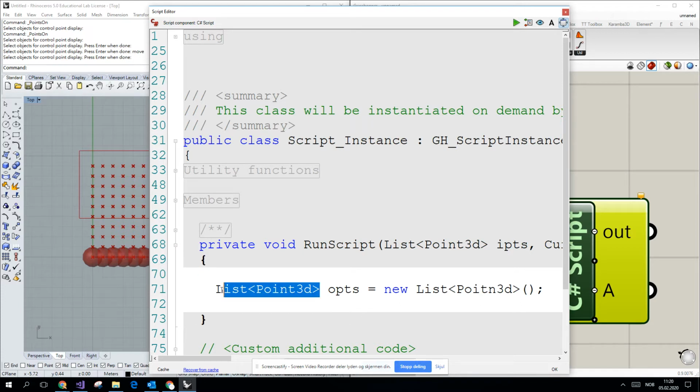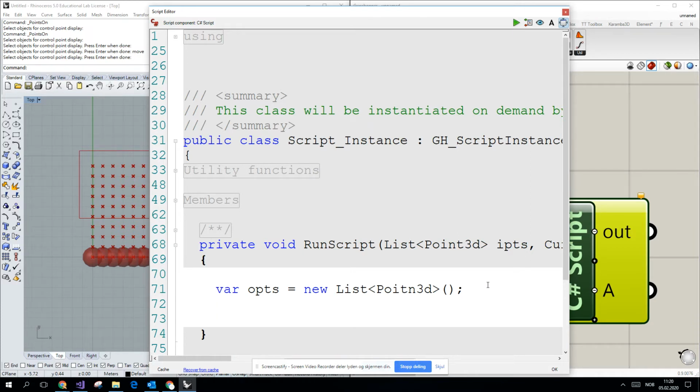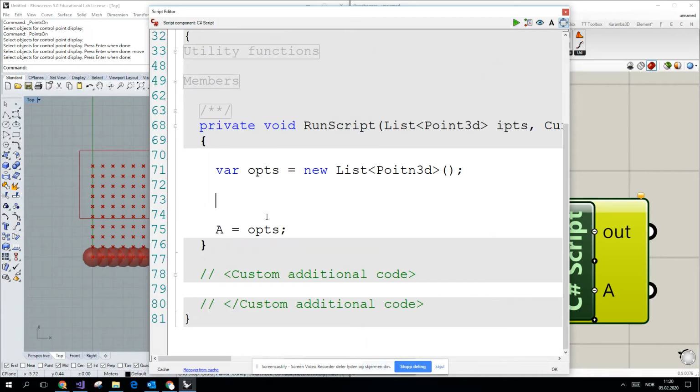Of course, we could use something like this. Maybe it's faster. This variable is reading everything. And let's also declare that A is equal to OPTS. So in between, we have to create a loop over all of the points and check if this specific point is inside the curve. So foreach this time,